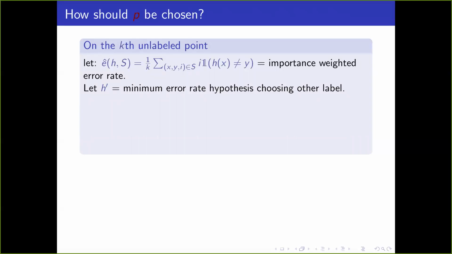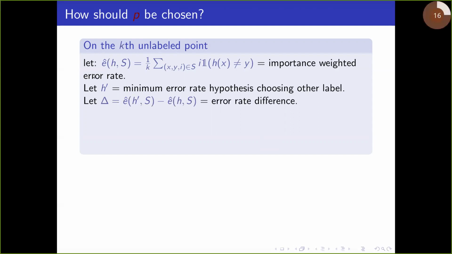So I'm going to think about, I have a set of classifiers. Maybe I have a decision tree which splits on the first attribute for the first classifier, and I have a decision tree which splits on the second attribute as a second classifier. So there are many different possible classifiers in my set of classifiers, and I want the one which, constrained to predict differently from H, minimizes the error rate, right?